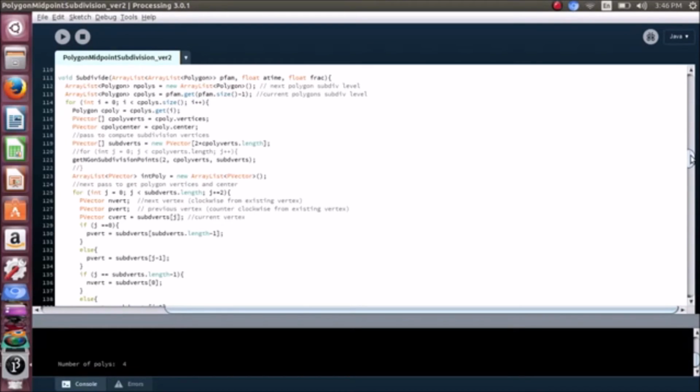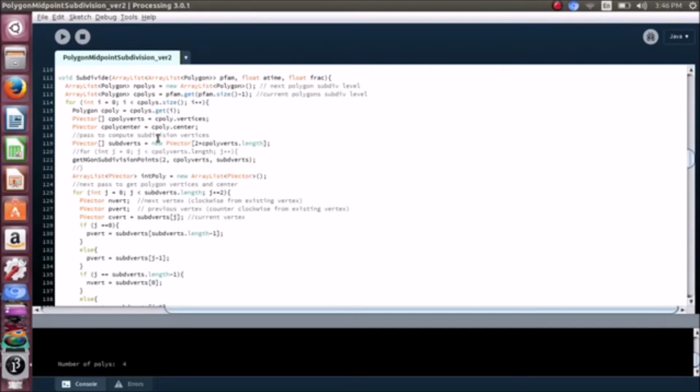Let's see. So let's see that with the script, just scrolling down here, and we have the subdivide,